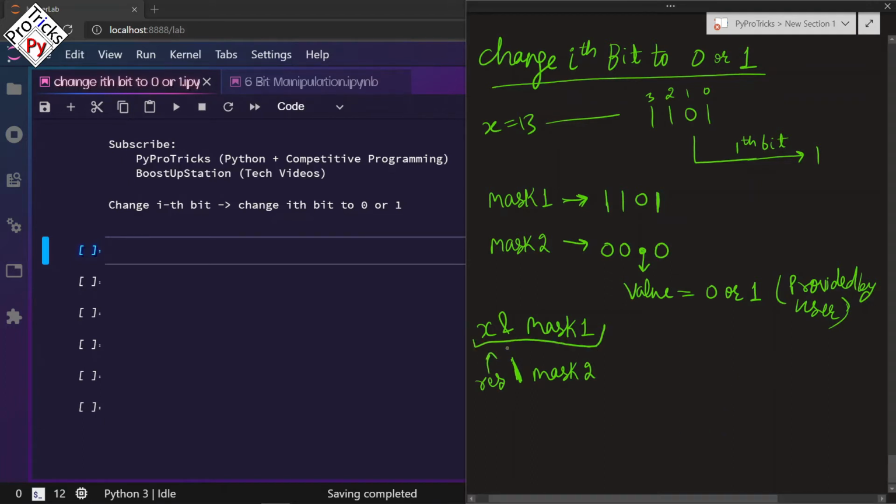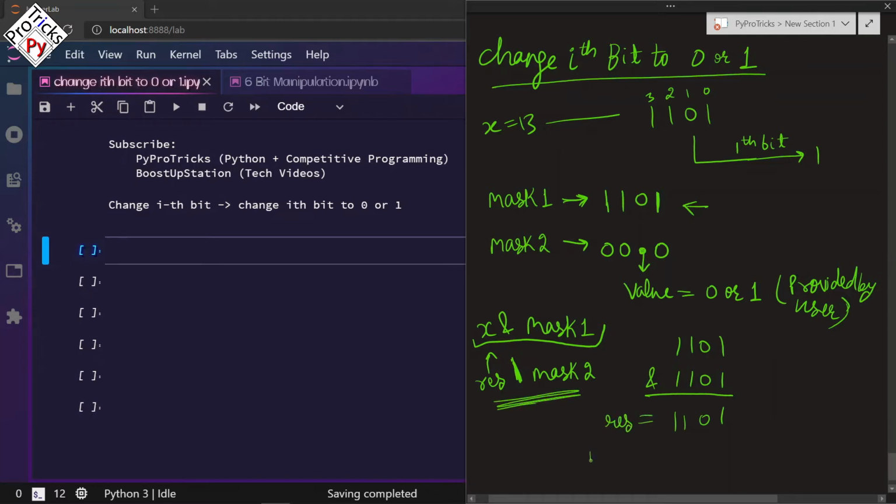So let us do it. So the mask 1 is this, and we are going to perform an AND operator with x. X is this, so perform with mask 1. It came this only. We will be taking another example also and do an AND operation. It will give us 1011, and now we are going to perform the OR operation with this